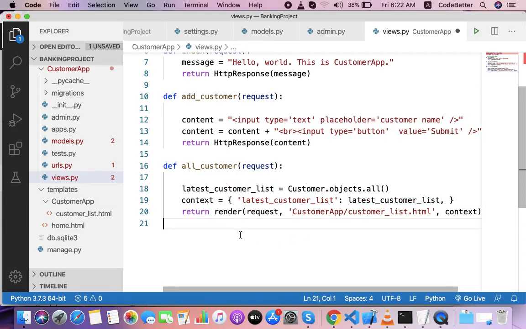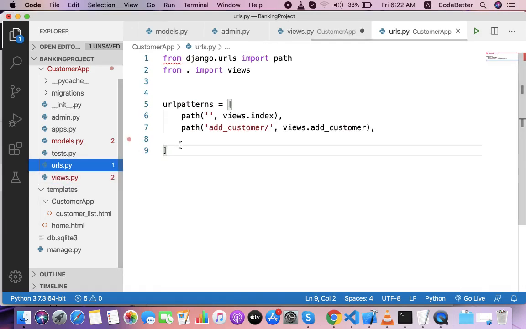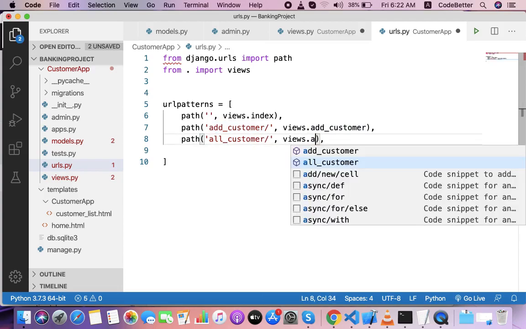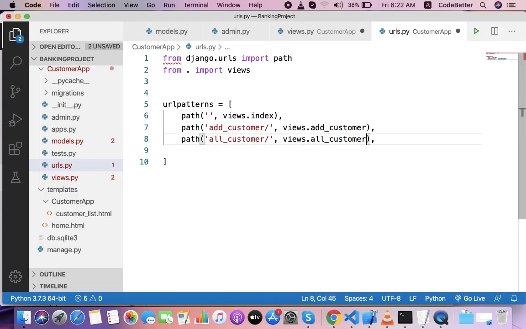Okay. Now let us connect this function through the URL. To connect this function to the URL, we can write here all customer.